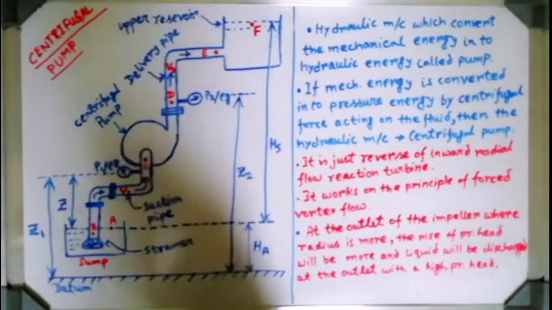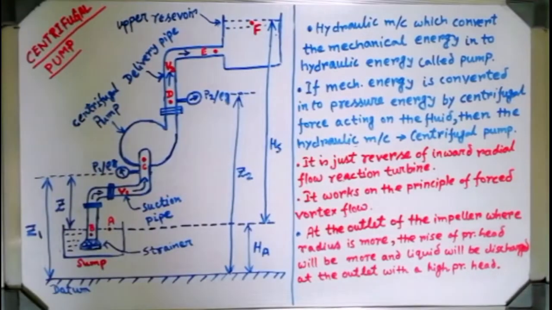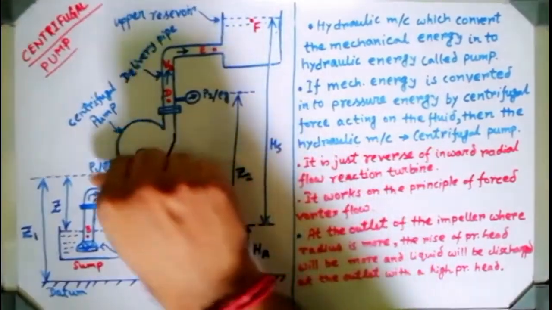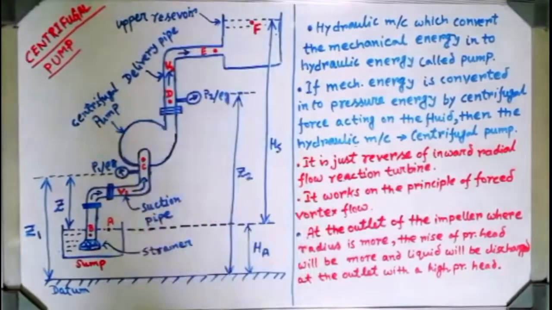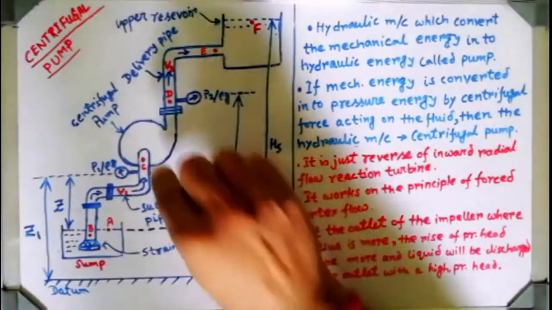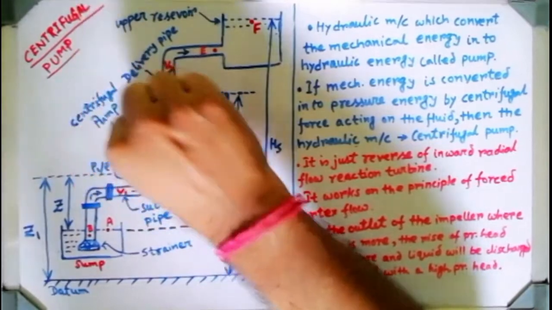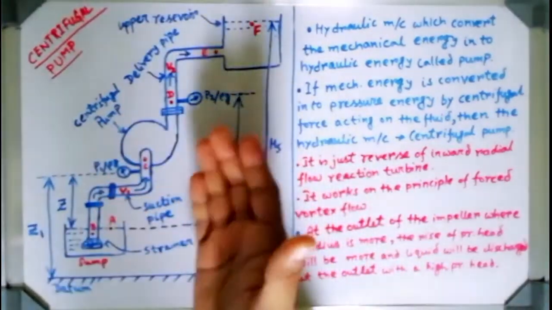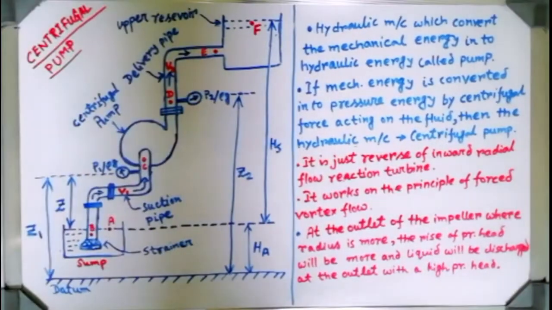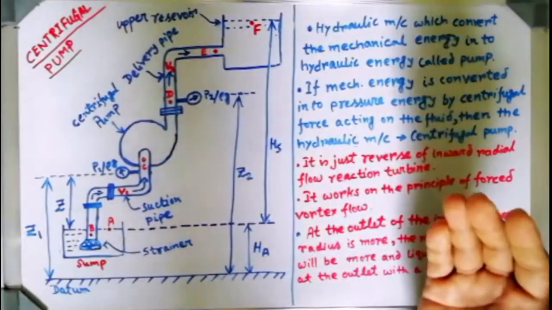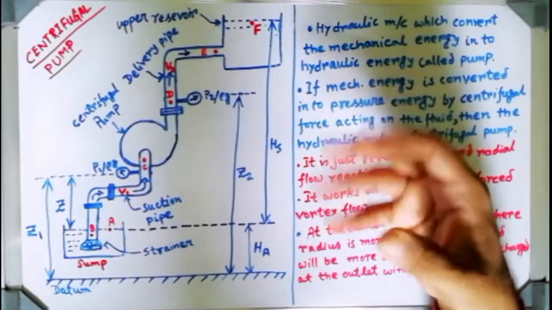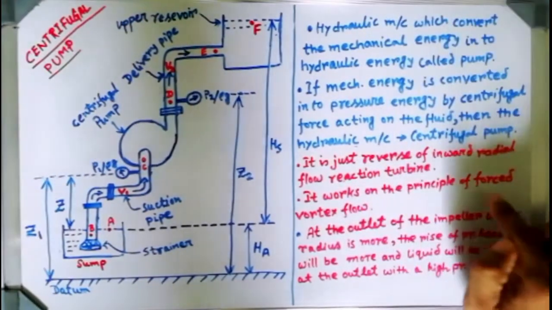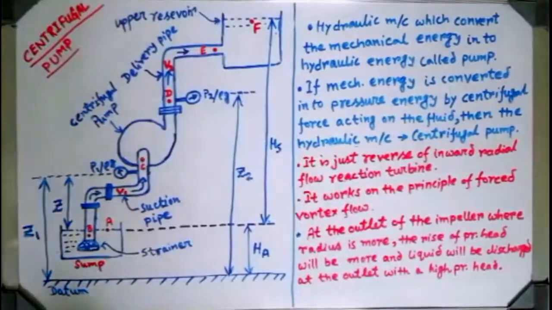The casing of that pump is constructed in such a manner, a kind of involute casing. That means the cross-sectional area is gradually decreasing inside this pump. While the inside area is gradually decreasing, obviously the pressure gets more raised, and it is applying some external torque onto that particular working fluid. That is why we say it is forced vortex flow.